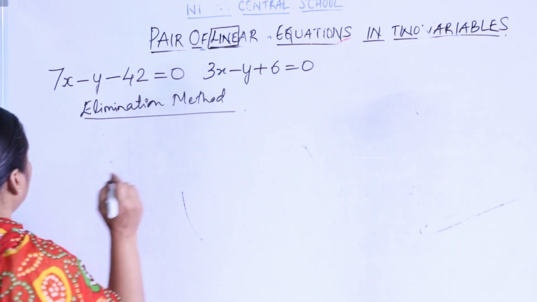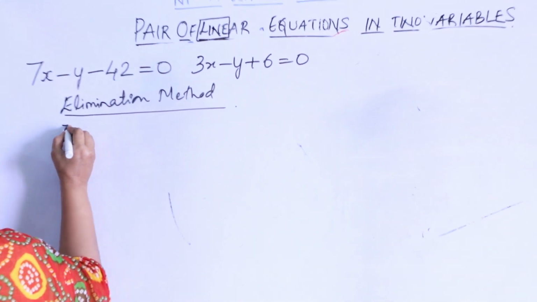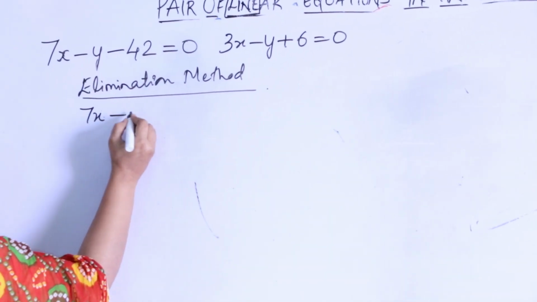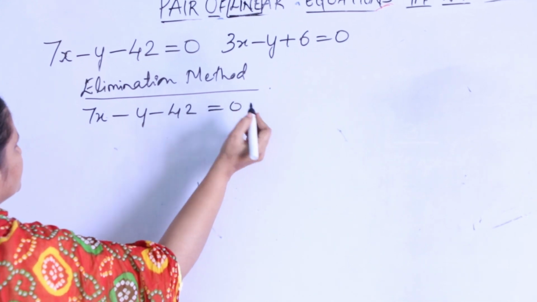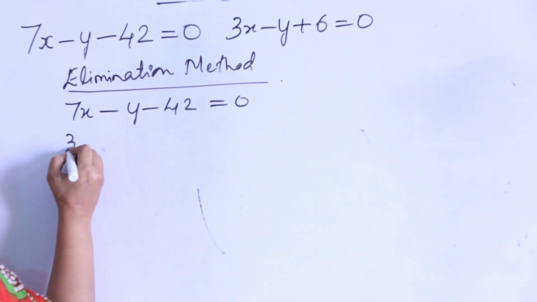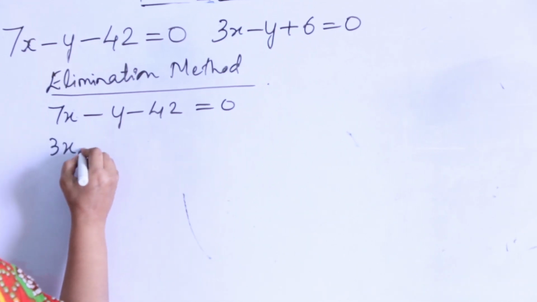So our aim is to eliminate one variable. So let's take the equations. 7x minus y minus 42 equals 0. Then 3x